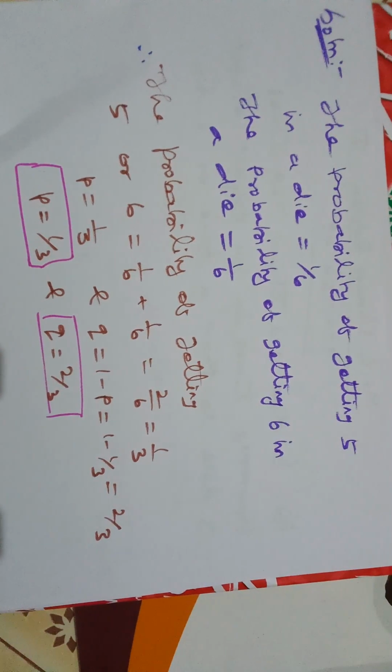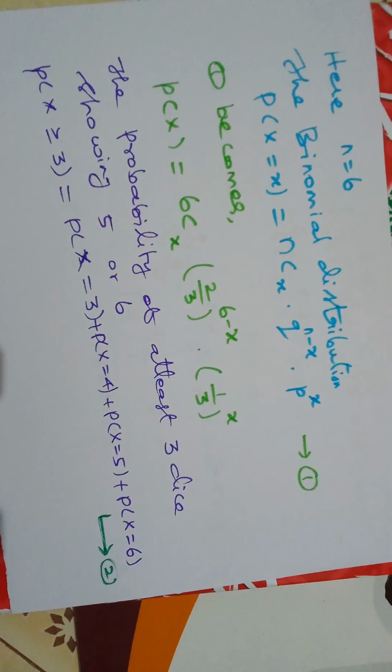What do you mean by Q? It is a failure. So, Q is equal to 1 minus P, which is 2 by 3. So the value of P is equal to 1 by 3 and Q is equal to 2 by 3. So these two things are not given in the problem itself. So using this idea, we got the values for P and Q, isn't it? Now